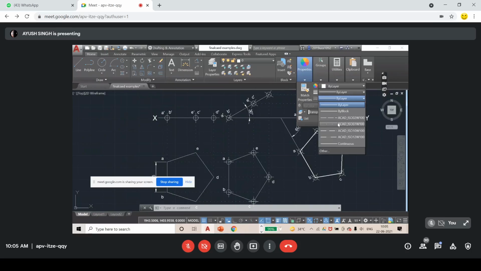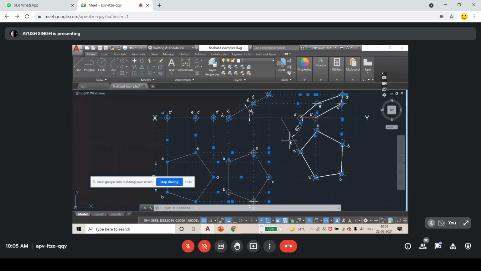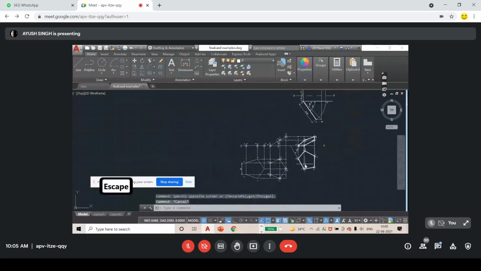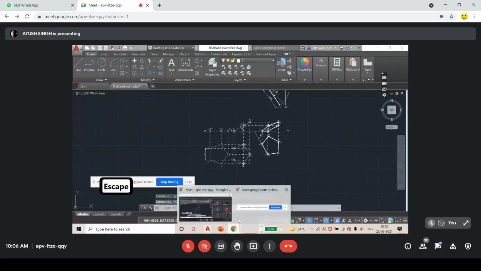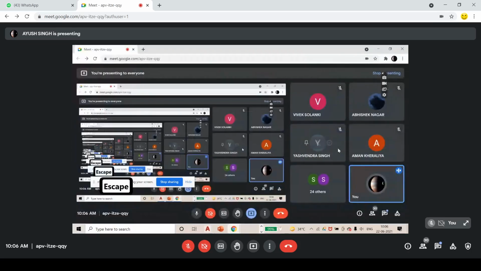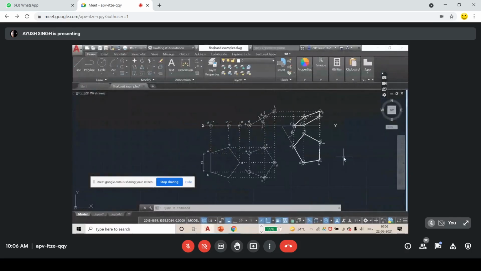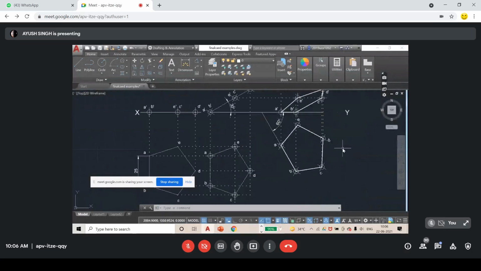But sometimes it happens that whenever you are printing, the printer might not give good quality, so your dot lines are not visible. So in that case, be careful. Okay, I used a printer here. You can make these lines bold if your printer doesn't work well. Not much bold. Just bold is enough. Okay, I hope you understand. So now, if you have any doubt, you can ask. I hope you have understood this better. Any doubts? This is our final view.